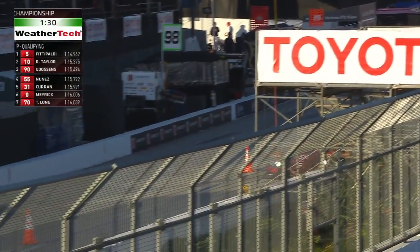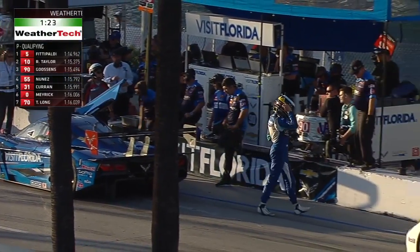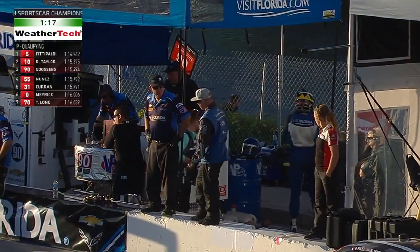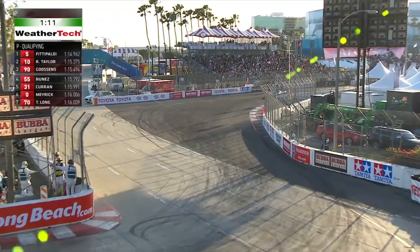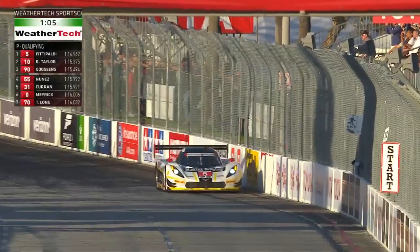And you probably heard in the background of Shay's microphone, we are back under green with about a minute and a half to go. So this is a dash for cash at this point for the pole of the Bubba Burger Sports Car Grand Prix at Long Beach. The drivers are completing their outlap, so this is going to be about a one-lap dash. Your one-lap shot to see if anybody's got potential to unseat Christian Fittipaldi in his